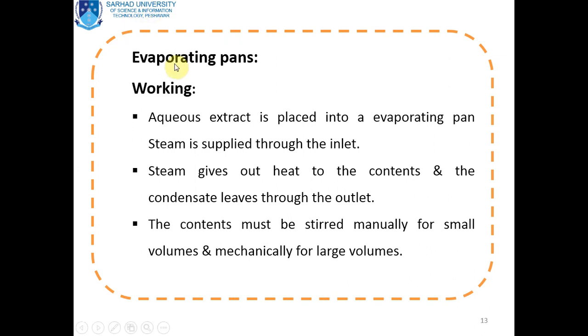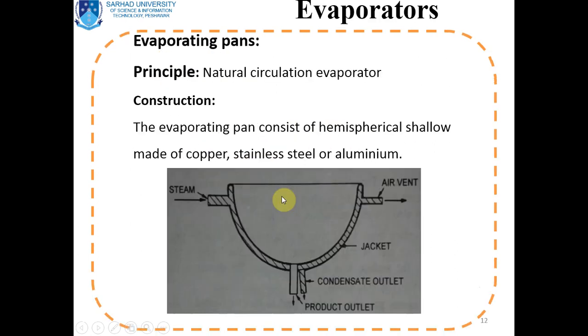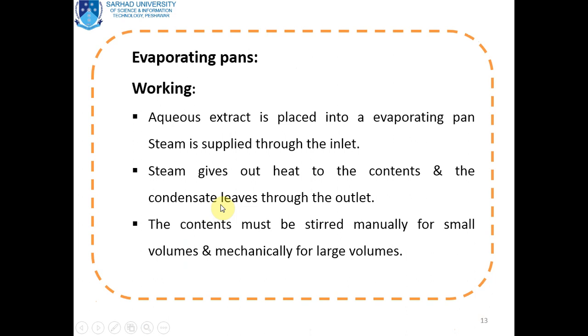Now, how does this piece of equipment, termed the evaporating pan, work? Aqueous extract is placed into the evaporating pan. Steam is supplied through the inlet. Here we keep the aqueous extract, and then the steam is supplied to this entry, the steam inlet. Steam gives out heat to the contents which we have placed in the evaporating pan, and the condensate leaves through the outlet. The content, that is the aqueous extract, must